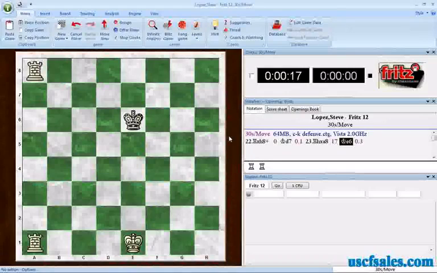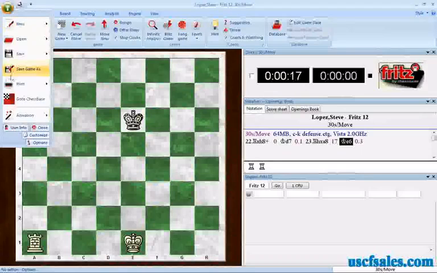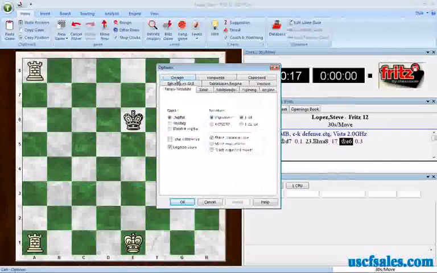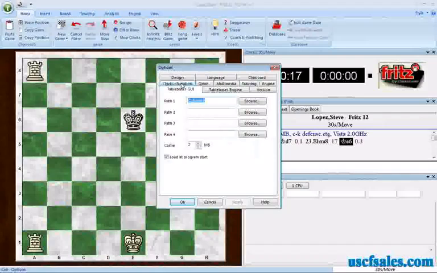First thing you want to do is point Fritz to your endgame table bases. Go to the green button up here, the application menu, and select Options. And I already selected this. Tablebases GUI is the tab you want. Most of the time, clocks and notation will be what comes up. Select Tablebases GUI, and next to Path 1, select Browse, and that brings up the Windows File Select dialog that